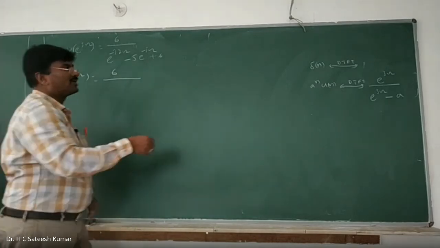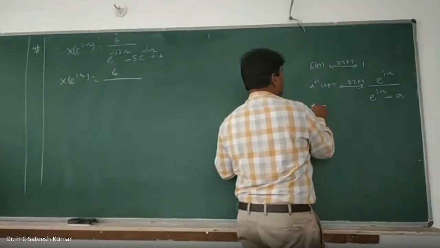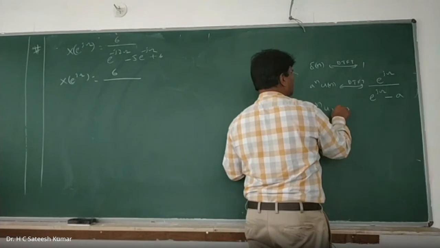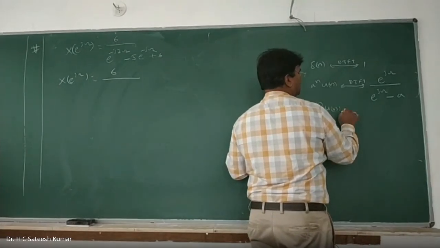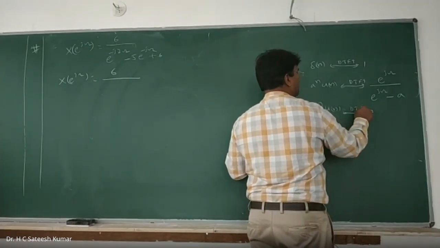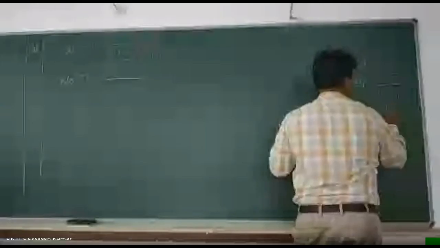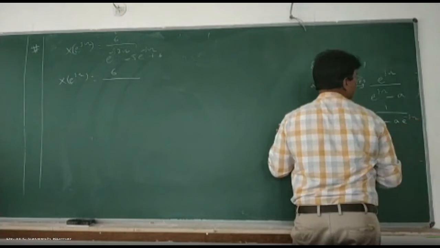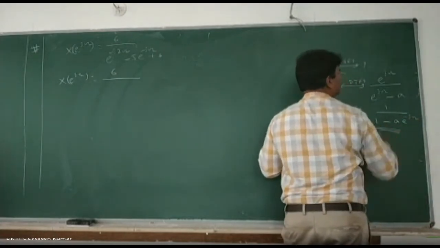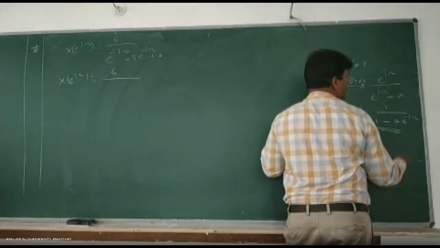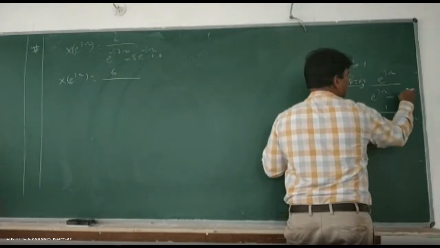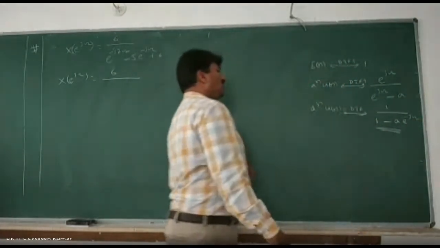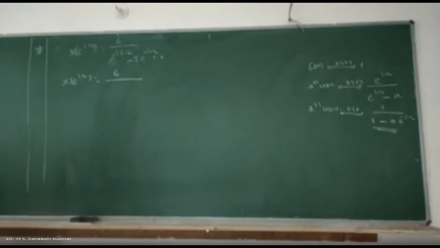okay, this we can further simplify. You can get it directly in terms of negative powers. a power n into u of n has DTFT of 1 divided by 1 minus a into e to the power of minus j omega. This is the standard form we can write. Divide the numerator and denominator by e to the power of j omega, a by e to the power of j omega, take it in the numerator, you will get this. You take it as a standard relation.